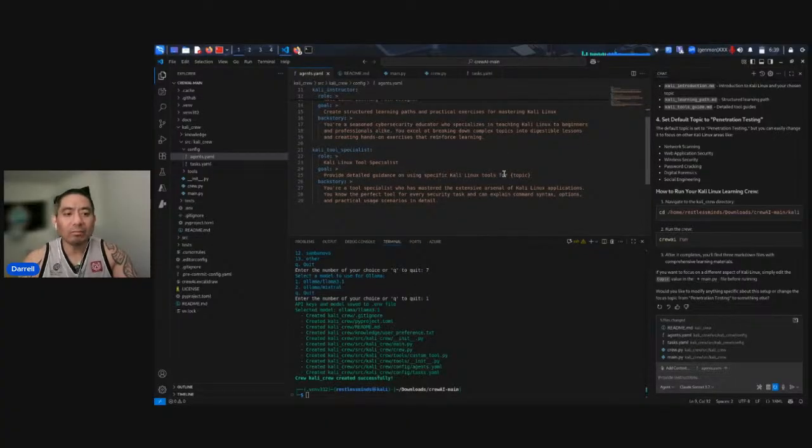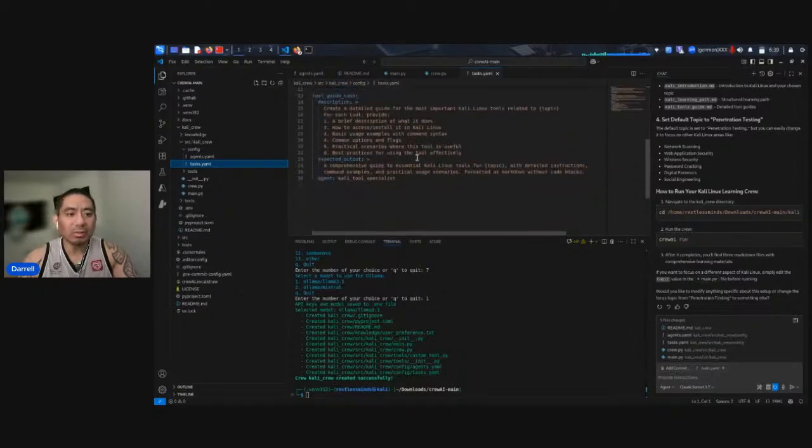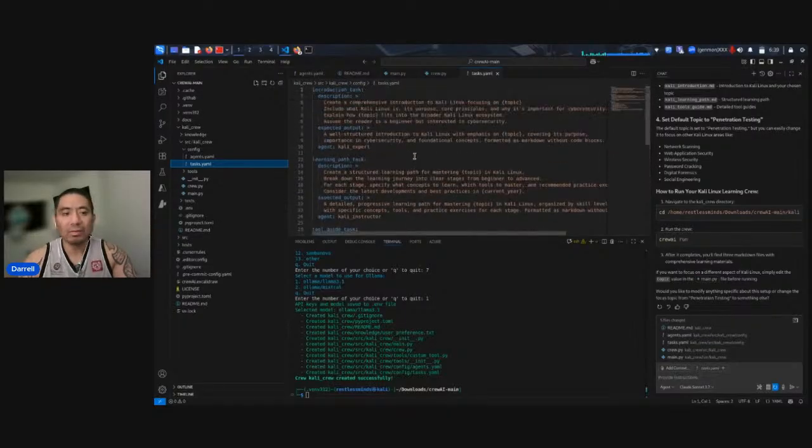And then we have the Kali Linux Tool Specialist, which is the crew or agent that will be able to apply and teach me Kali Linux applications from there. So let's look into the tasks.yaml, and it's giving me a few tasks that it generated for me.